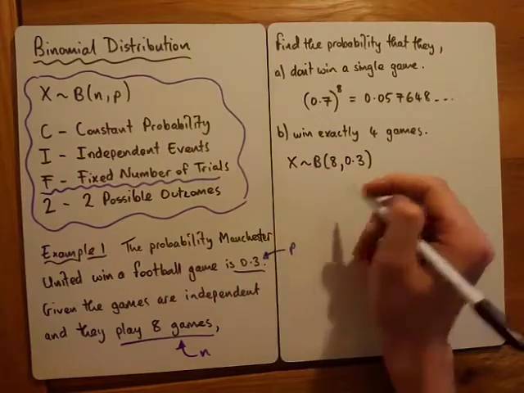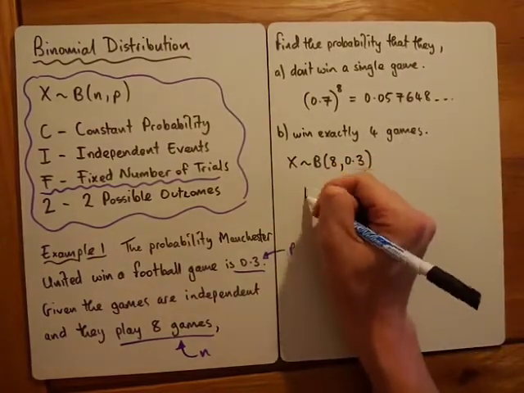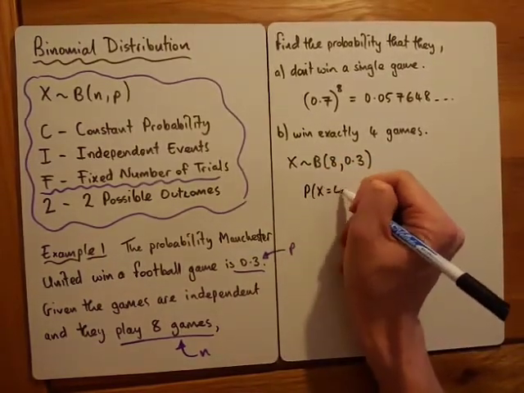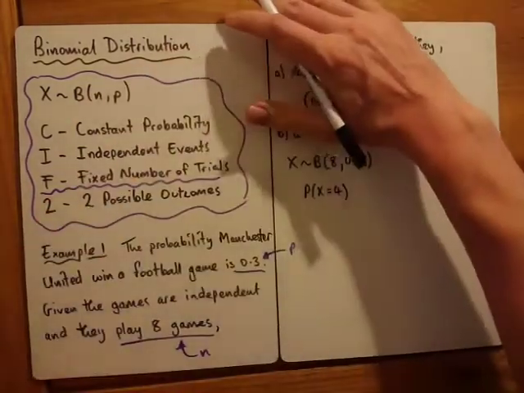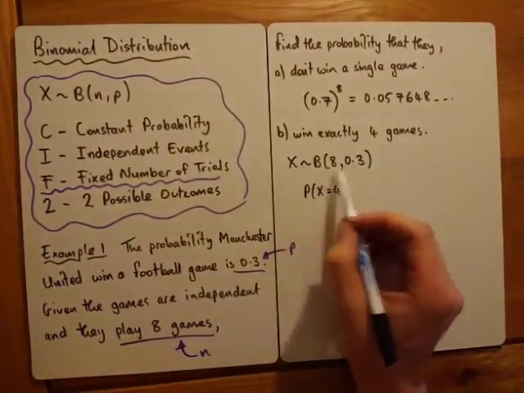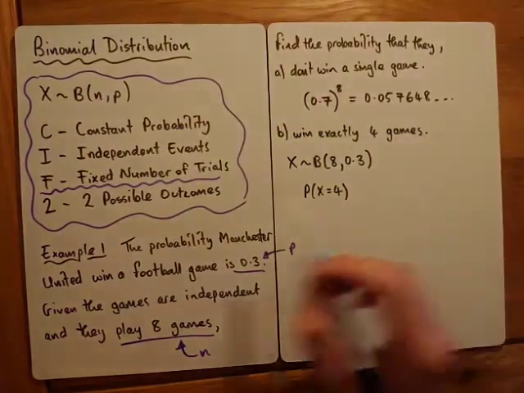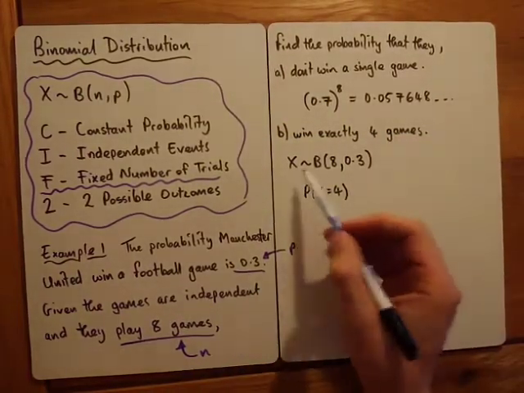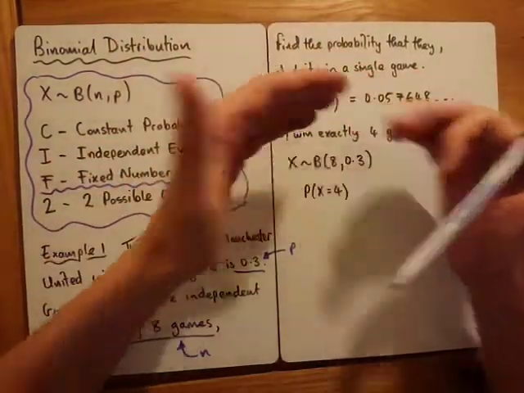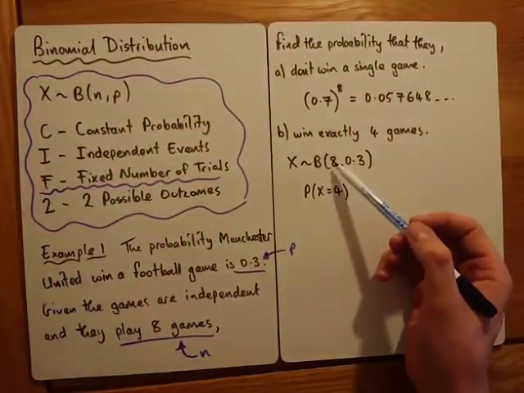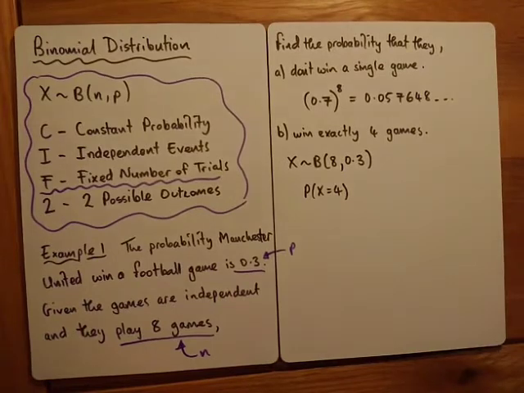And from this distribution, we want them to win exactly 4. So if I didn't care at all about any of this context, I could just write down this. I'd say, look, binomial, the question could have just been written like this without the context, but it'd be far too abstract for us to get a feel for what was going on. But it might just be written like this, in which case there's a binomial, 8 trials, probability 0.3. And we just want to know what's the probability that we get 4 out of the 8,